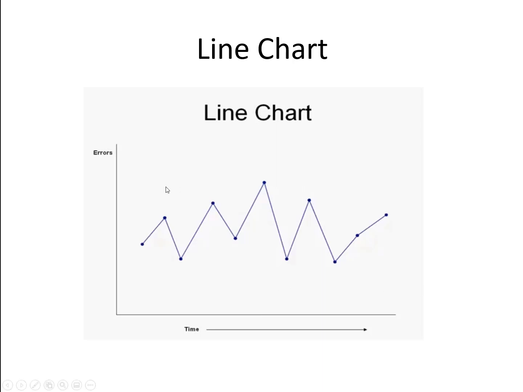If you have some specific time data and plot that data using some software, this is the behavior of the data and these are the errors. For example, if you want to check in a production line how many errors occur on a daily basis, let's suppose this is Monday, Tuesday, Wednesday, Thursday, Friday, then again Saturday, Sunday, Monday, Tuesday, Wednesday. So this is daily based data. This represents time and these are the errors.